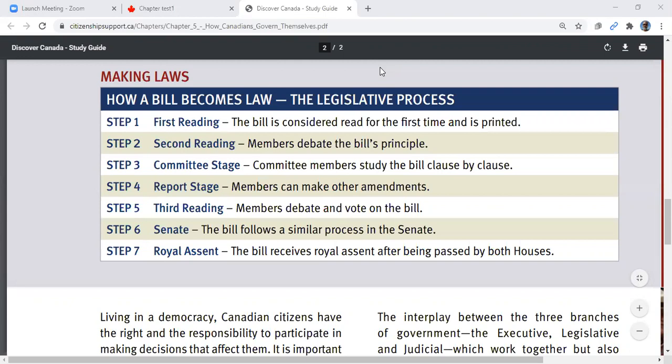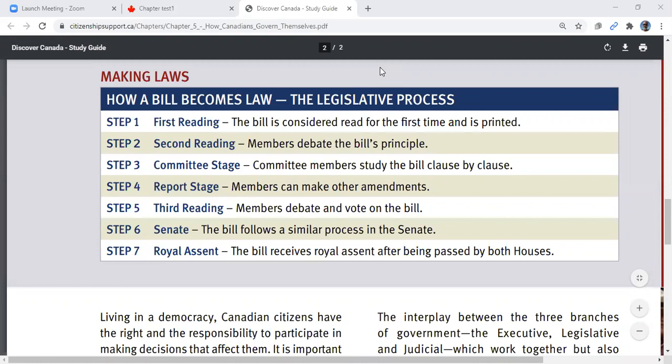Okay, so do you remember they call the House of Commons a house, and then they call the Senate a house. Yeah, they're each called a house. It's a kind of a funny name. Okay, so when members of Parliament have an idea and they want to make it into a law, they first have to make it a bill, so it's called a bill first. And so they have this great idea and they want it to be a law. And so there's 7 steps, and there's 3 readings. They have to read it 3 times because they want to make sure it's correct.